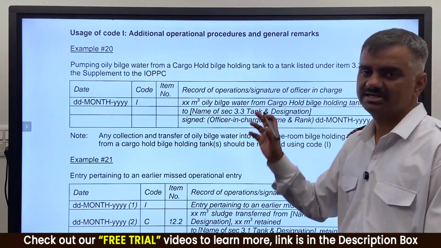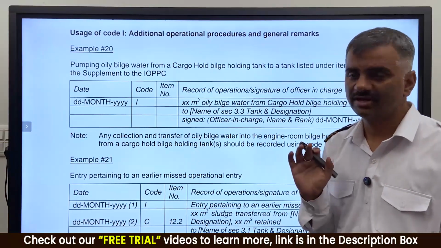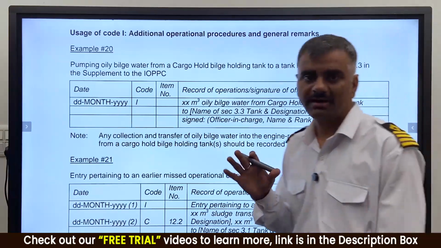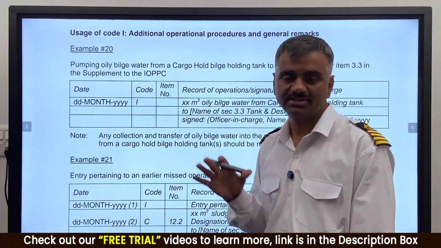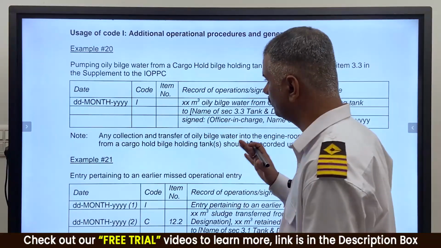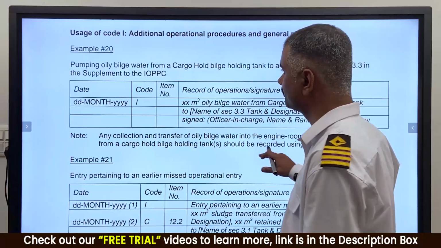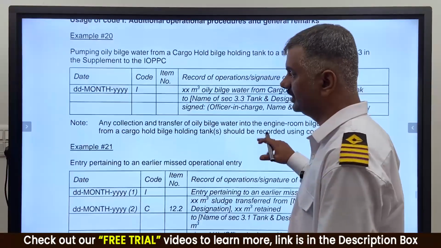That is how you can safeguard yourself. I also had a discussion with the surveyor, and we came to the conclusion that this kind of entry has to be made in code I in case you have a discrepancy in the bunker.